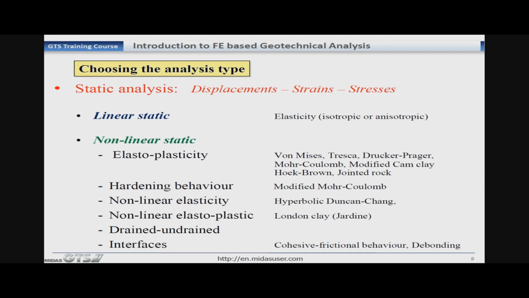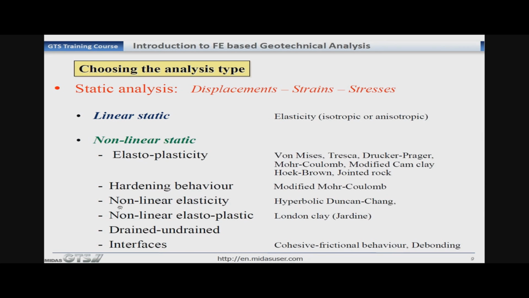Now these are the descriptions of the individual types of analysis. As you can see, in static analysis we can perform linear static analysis, in which we can use the elastic properties of the material, or we can define the non-linear properties of the material. If you want to define elastoplasticity, we have different material models available such as von Mises, Tresca, Drucker-Prager, Mohr-Coulomb, modified Cam-Clay method, etc. If we want to consider the hardening behavior, we have the modified Mohr-Coulomb method, and apart